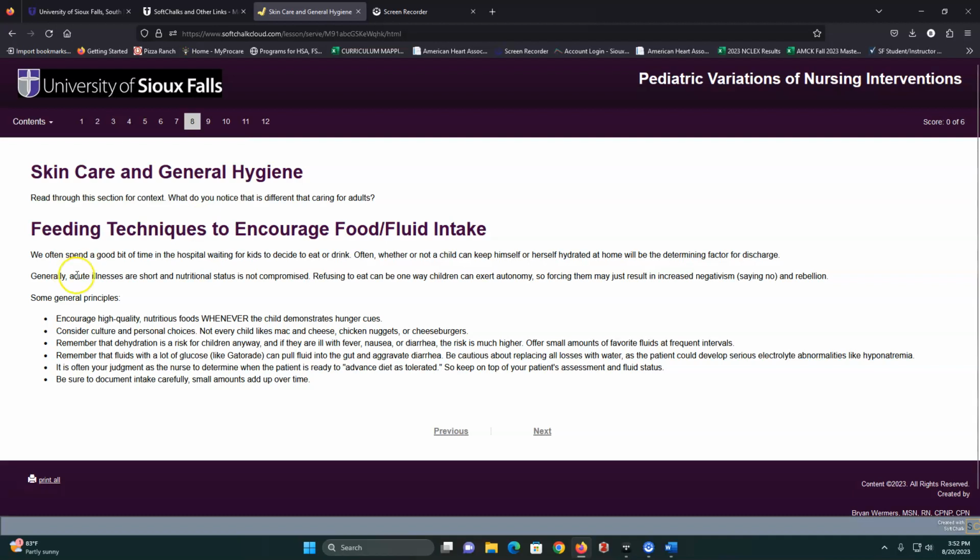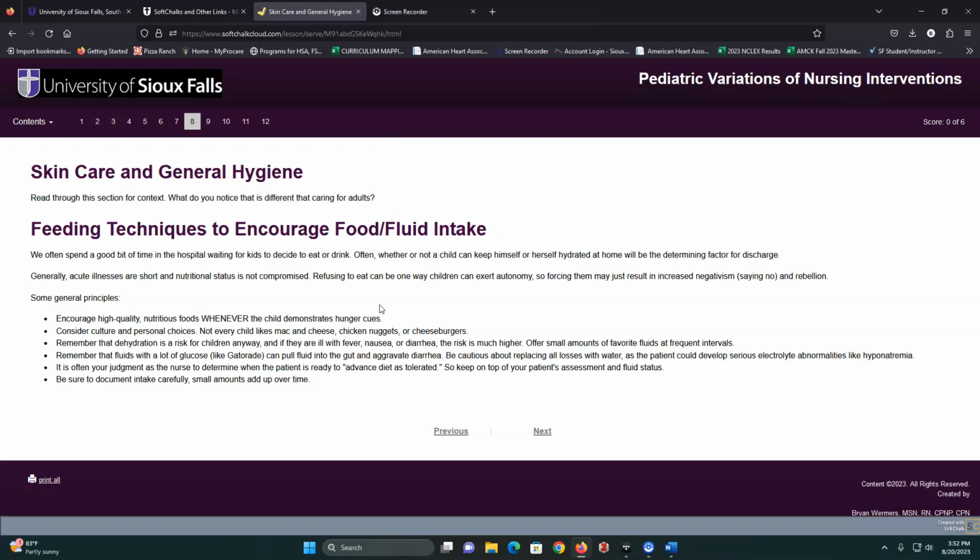Encouraging fluid techniques, make a game out of things whenever possible. They love little med cups to drink out of. If you think about it, kids are in an adult world in which everything is too big for them, so have fun-sized things for them to drink out of, do a little tea set, something like that. Frequent little sips will add up quickly. And so if you can have a little tea party with their parents and, okay, every 5 minutes we're going to take a little sip, that adds up, and that does a great job. Try to do something fun like that. Otherwise, reward them with stickers. And sticker charts can earn prizes and toys.